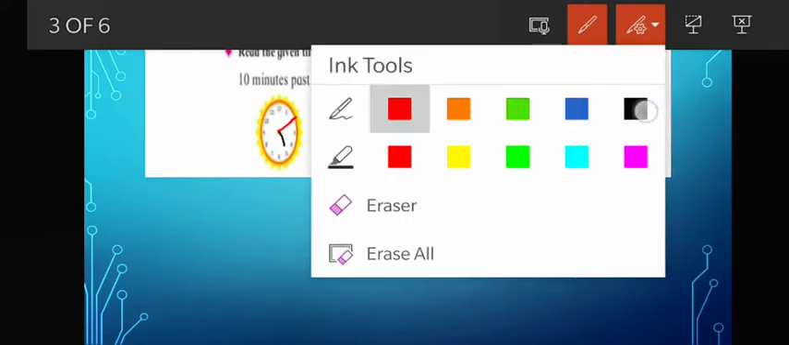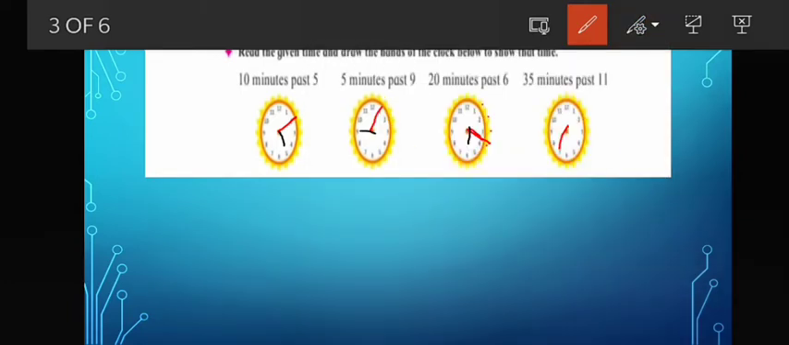Now let us do hours hand. Okay, for 35 minutes past 11. So it is going to be between 11 and 12 because it is more than 30 minutes. 35 minutes means it will soon be 12 o'clock. So the hours hand will also move a little. So it will come in between. So this is